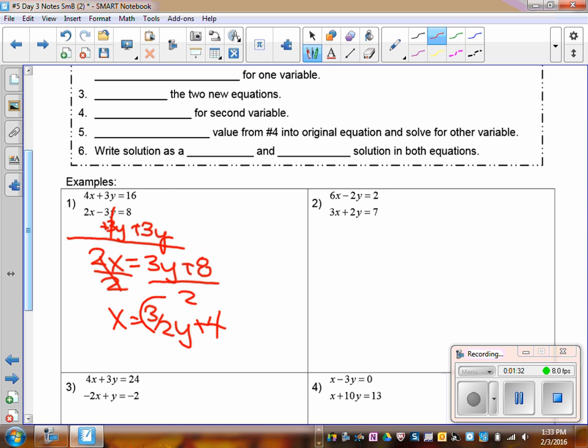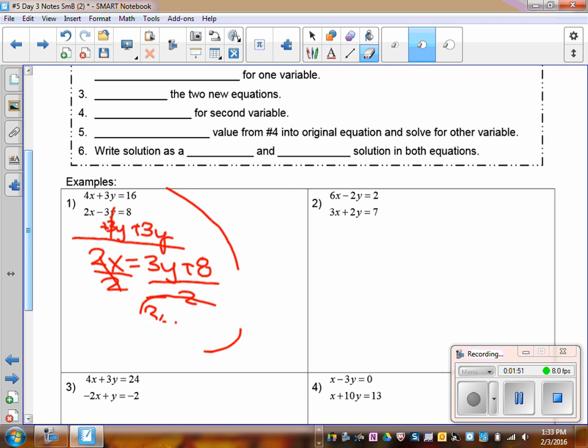Then you'd have had to take this entire thing and put it into my equation up here. And you would have had to do fractions. And that's not as nice as our new way today. So our new method today allows us to simplify our equations when we have coefficients for all of them. Okay? So at the top there,